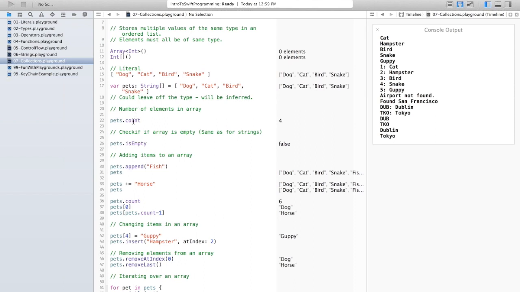Okay, so once we've got an array, we probably want to know how many elements are in it. So there's a property called count. In this case, it reports there are 4 elements. Just like with a string, if we want to know whether or not an array is empty,